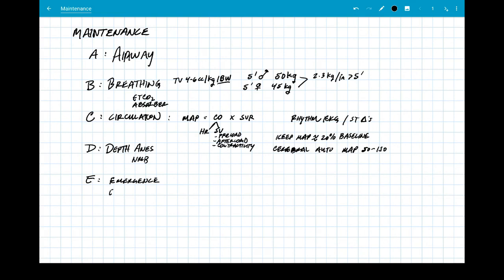The other thing with E is emergencies. Are you prepared for the most common emergencies that can happen with this case? And do you have a plan for each one? Such as venous air embolism, pneumothorax, or massive bleeding. On the note of bleeding,